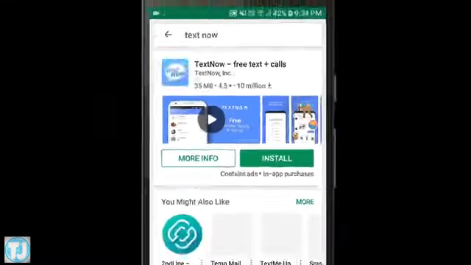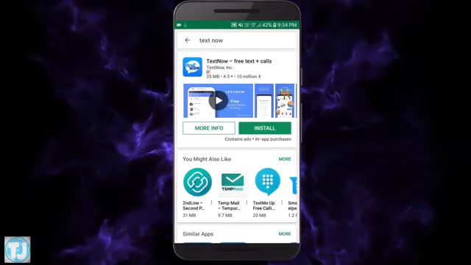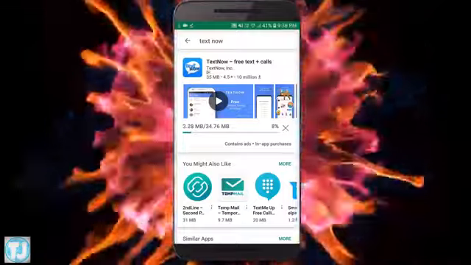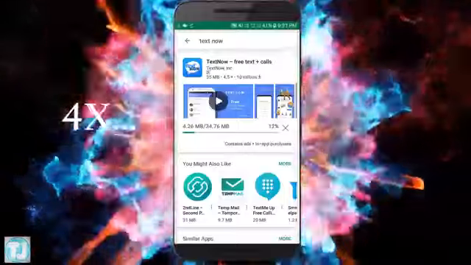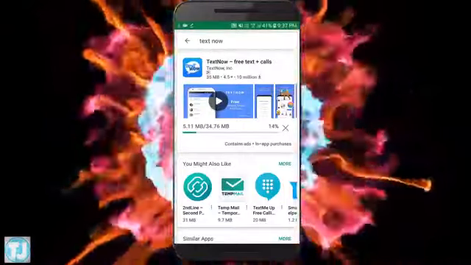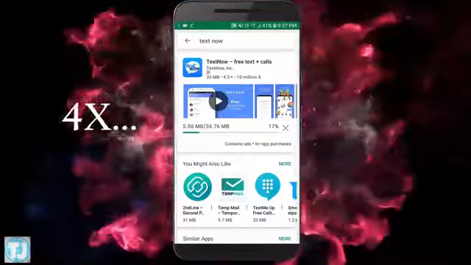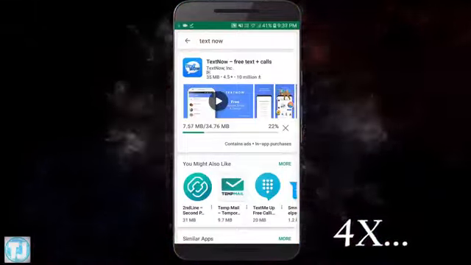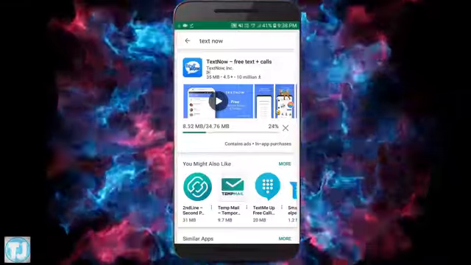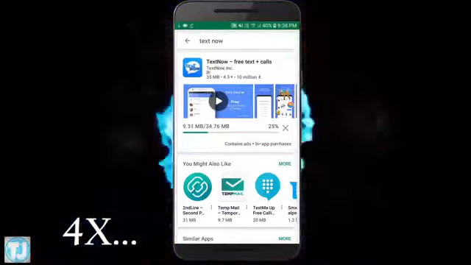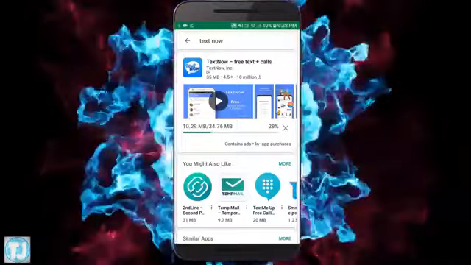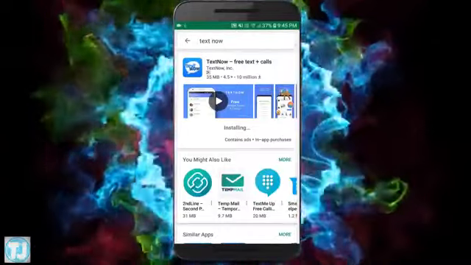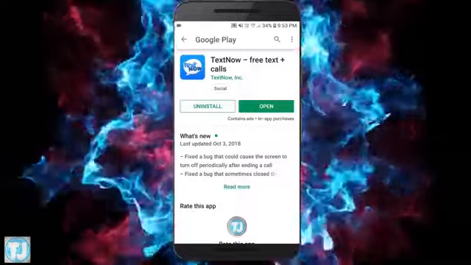Now download and install this app on your phone. And when the installation is finished, just open up this app.